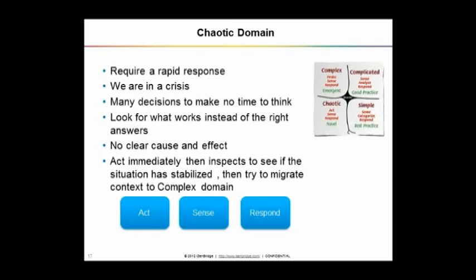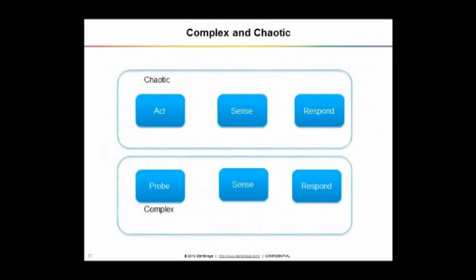Now these are the four primary types of domains which will fit in your project environment, and on the basis of where you fit, you need to identify which methodology will work. Complex and chaotic have some similarities because both are sensing and responding, but in complex we are doing planned exploration. In chaotic we are just acting. There is no planned exploration. We just try something and then we sense and respond.